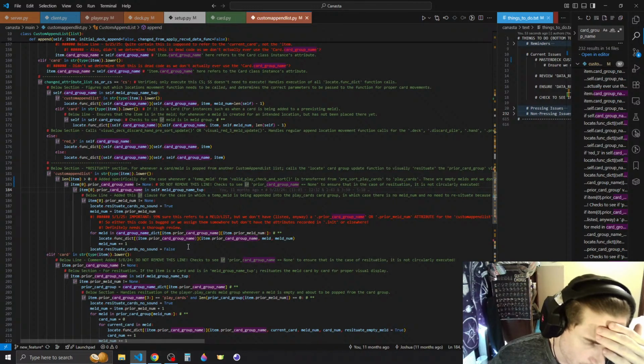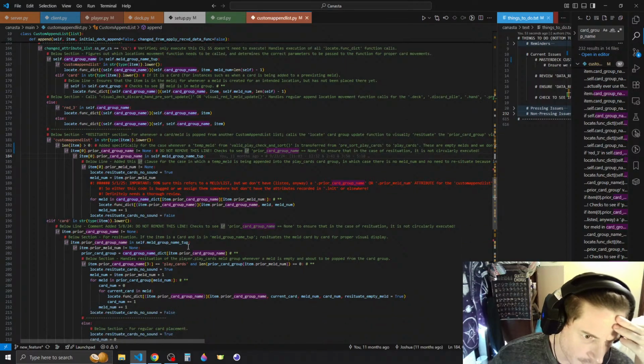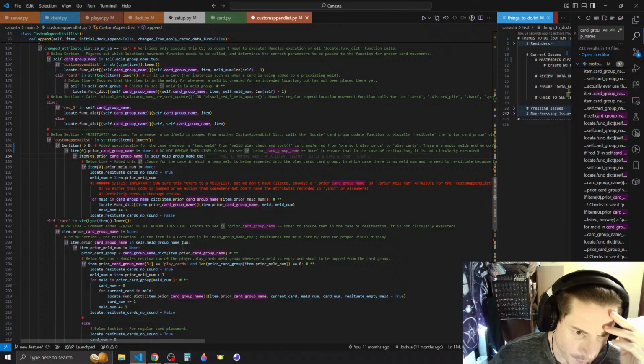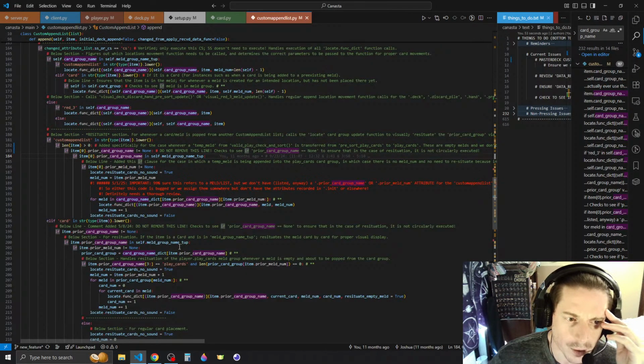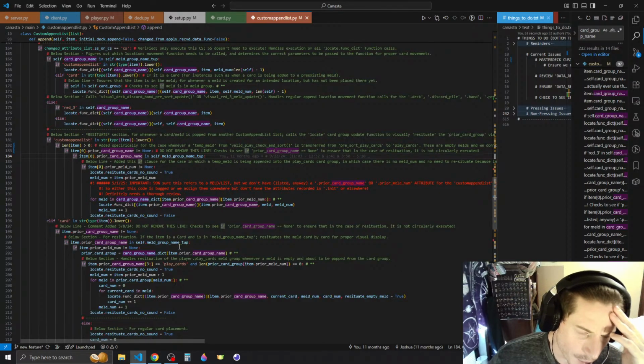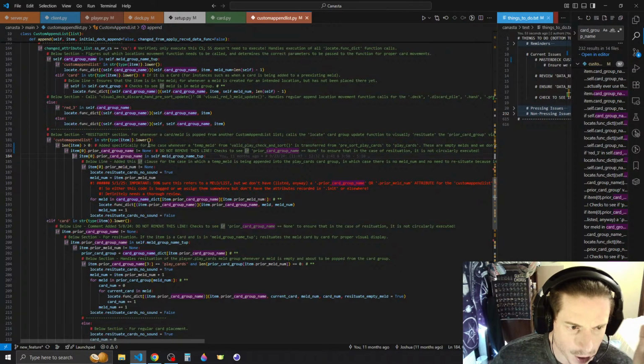So if that one doesn't have a prior meld num, no. If it does have a prior meld num, if the first card's prior meld num,